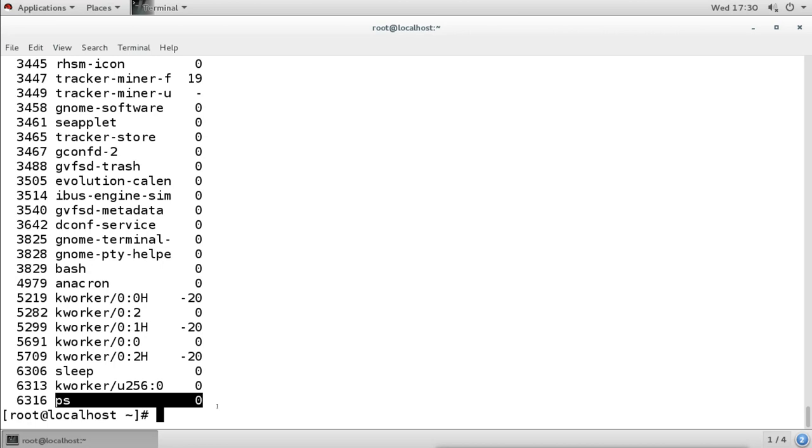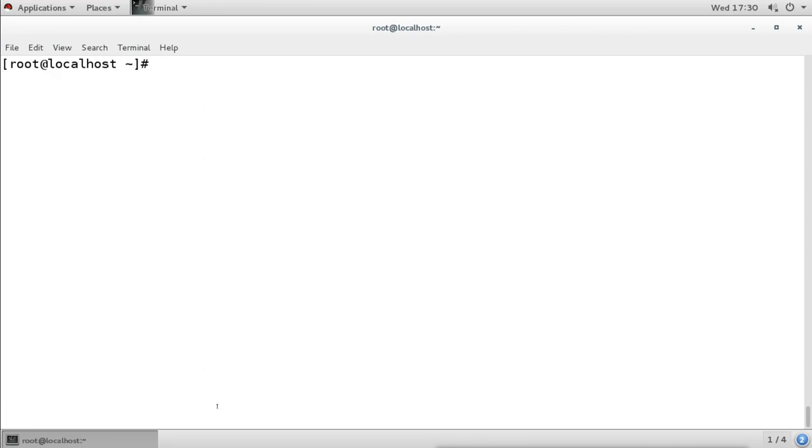Now if I want to run a process with a priority, I can run it by using the nice command. I can use the nice command with -n, and then I mention the nice level, whatever level I want to give to the process. So remember, only the root user can use minus values, but normal users can only use plus values.